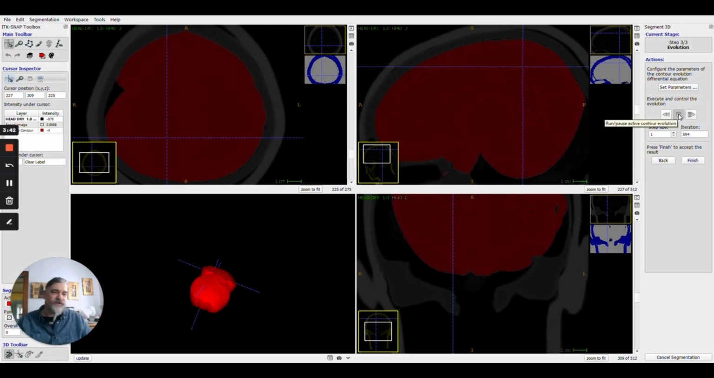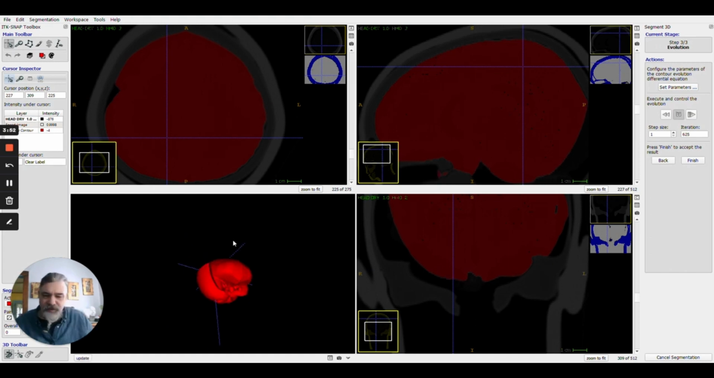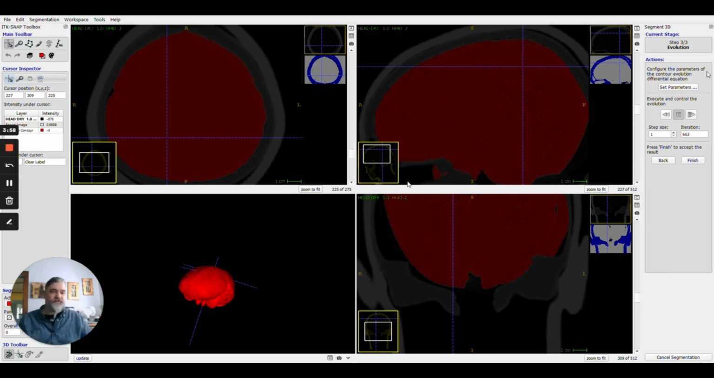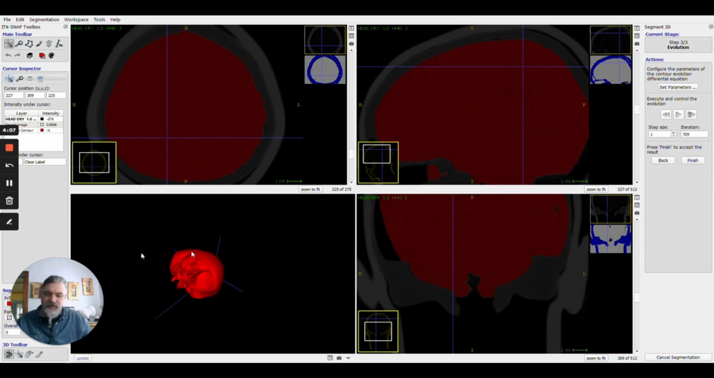But now we're starting to get something, it's getting pretty close to giving us a model of what this entire brain looks like in this case. Anyway, once that's gotten to the point that you find it acceptable, at that point it's simply a matter of pushing the finish button